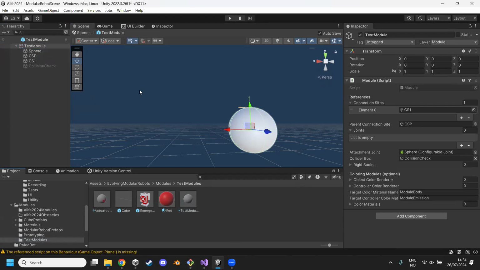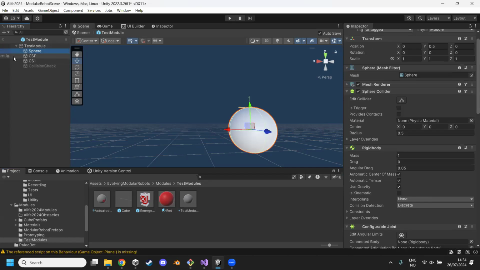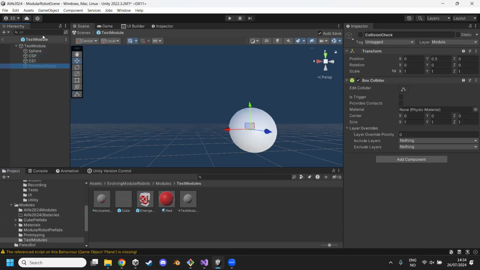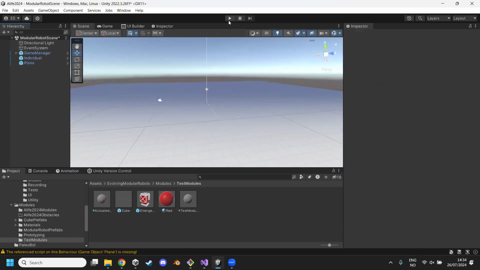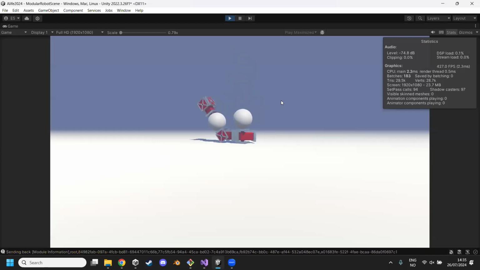Yeah, so this is basically exactly the same. We have the sphere with a rigid body and a joint, and a connection site for the parent, a connection site for the child module, and the collision check box. And then you can see the module is then added to the newly generated robot. So this is just a static sphere,